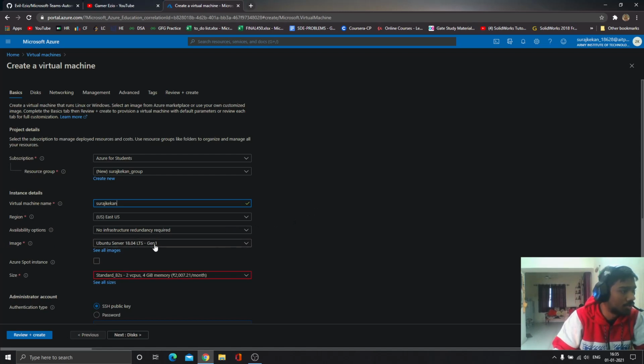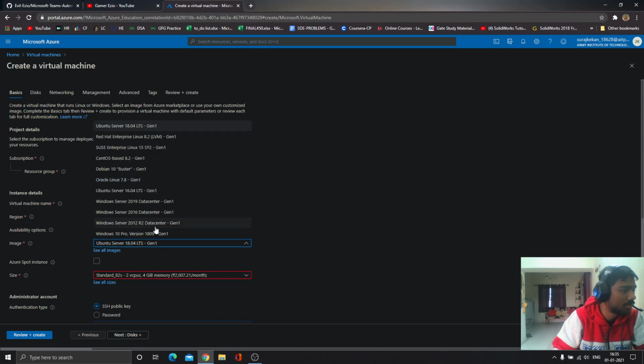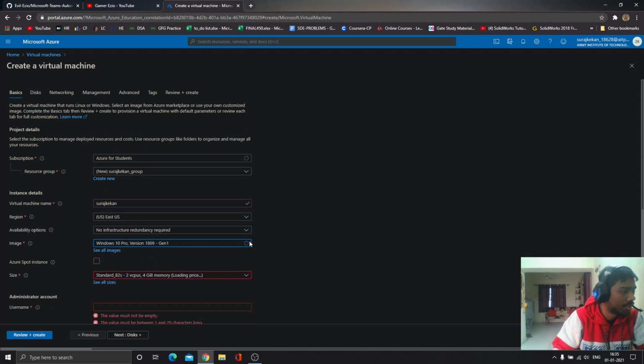So you have to choose your operating system. I will be using Windows 10 Pro. You can find other images also if you need them for any other purpose, but currently we are using Windows 10. Now you have to select your PC configuration.